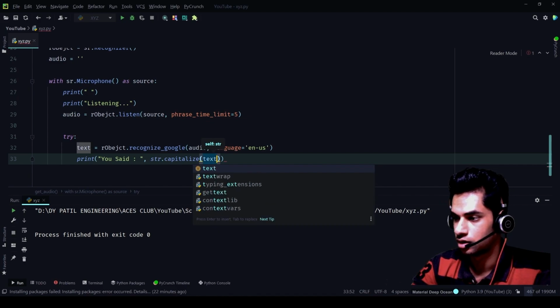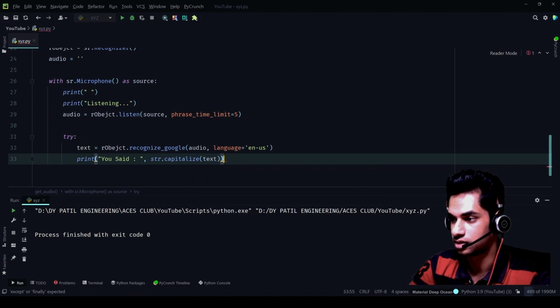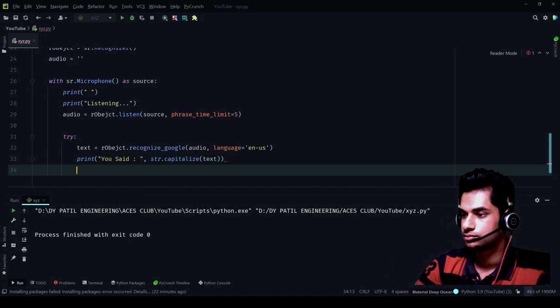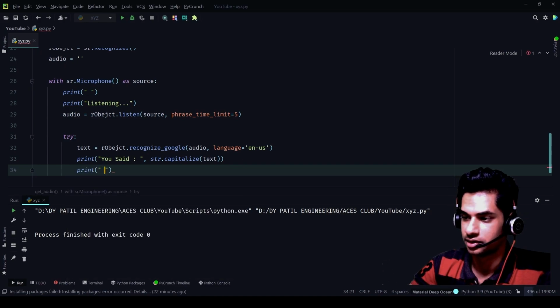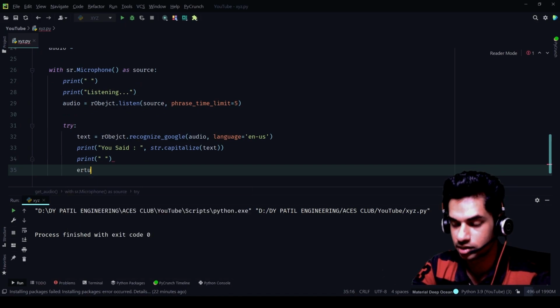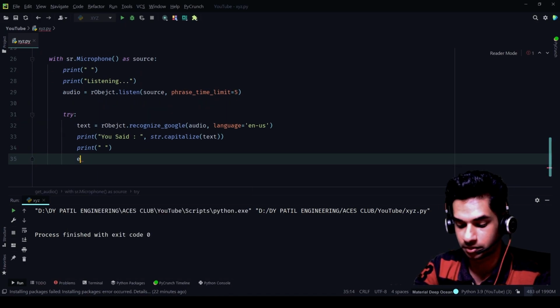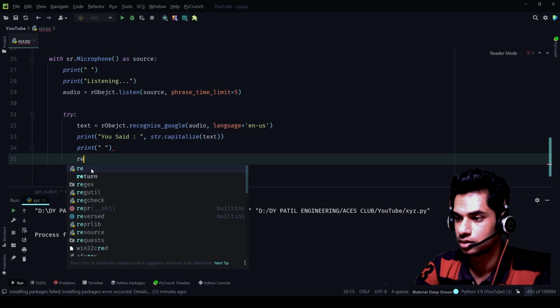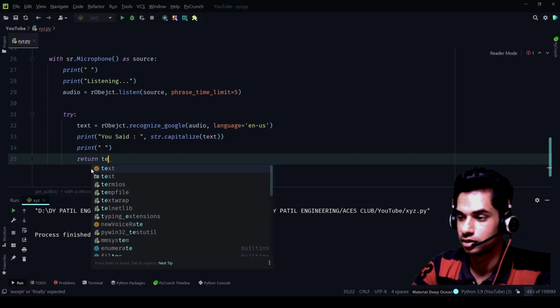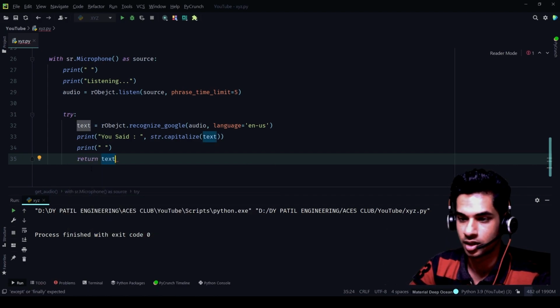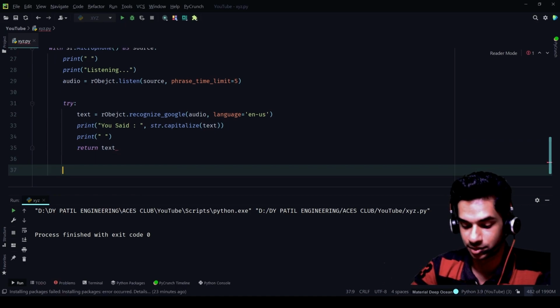So this is so the first letter of the whole string that's going to get printed will be capitalized. Again, print an empty line, white space, return text. Okay.